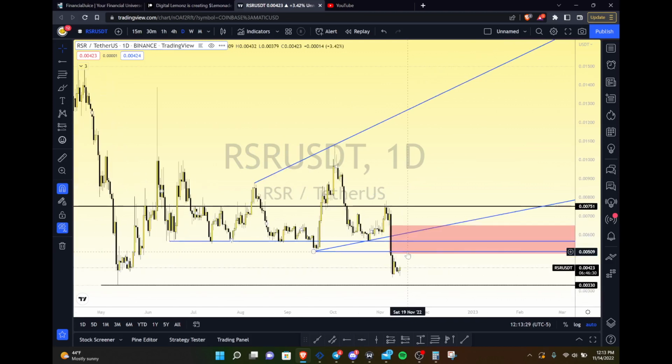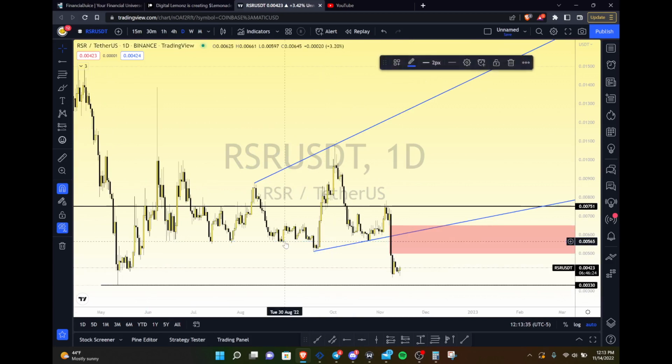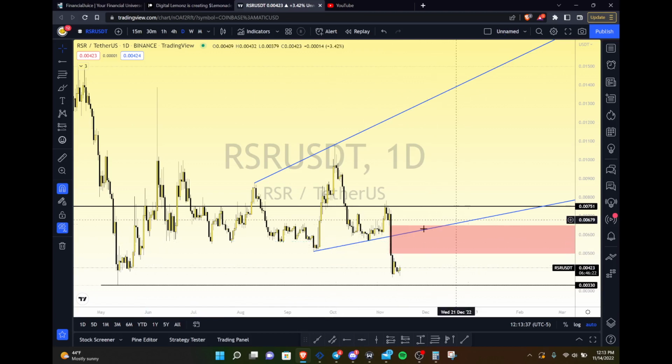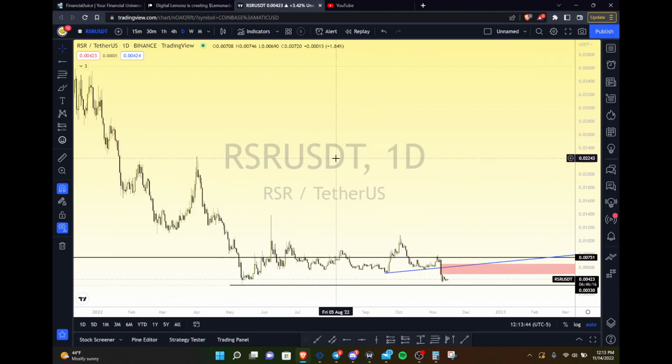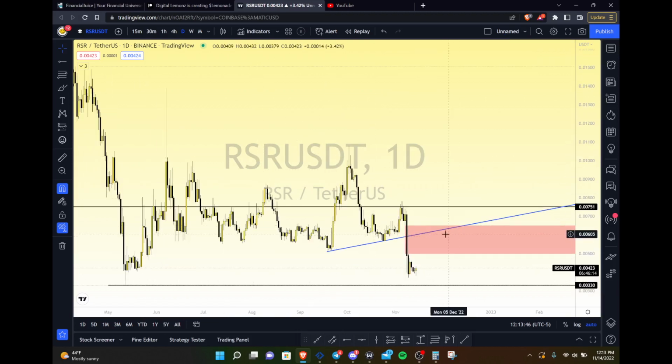I don't really see much more on this chart, but the major level to watch for is really this FVG and then this rising trend line here. You don't really need to have this trend line here, just want to highlight that this was a high and then this is a higher high, and that's about it. I will say if it does overtake this ascending trend line, then you want to be on the lookout for this high to get taken out,